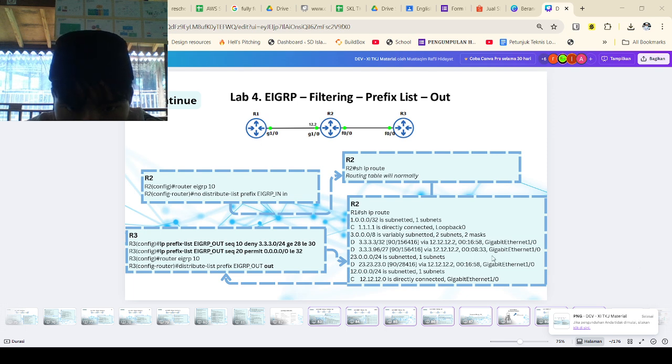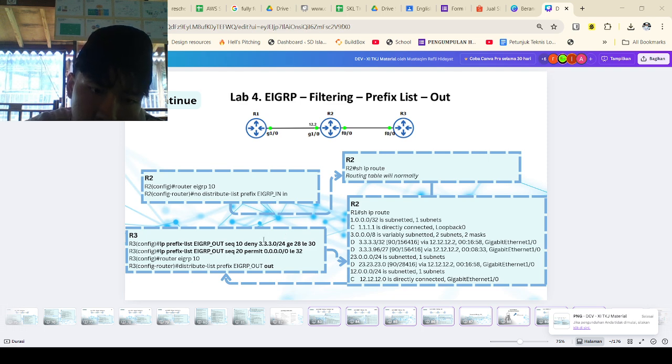As a result, you might see R2 here, the routing table that you might see in R2 will not show the denied 3.3.3.x subnets. They never arrive while other allowed routes still appear.